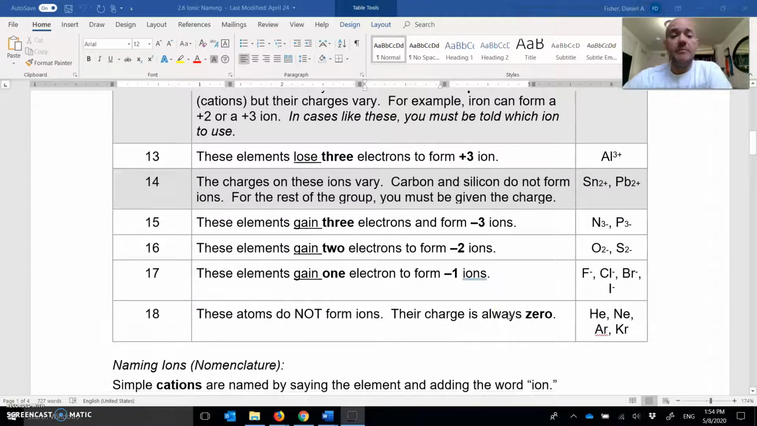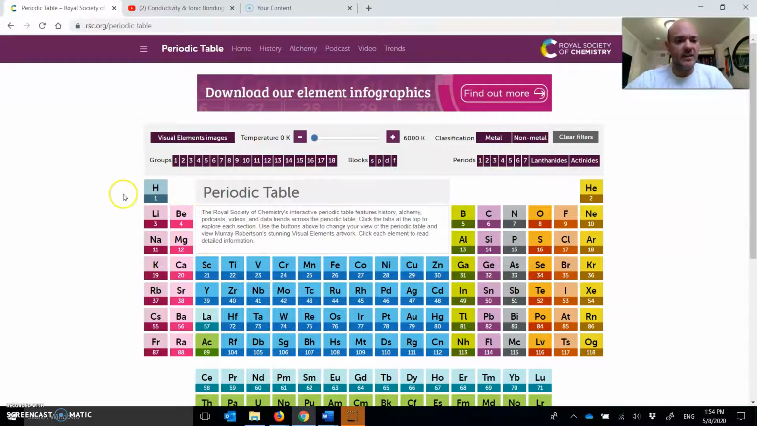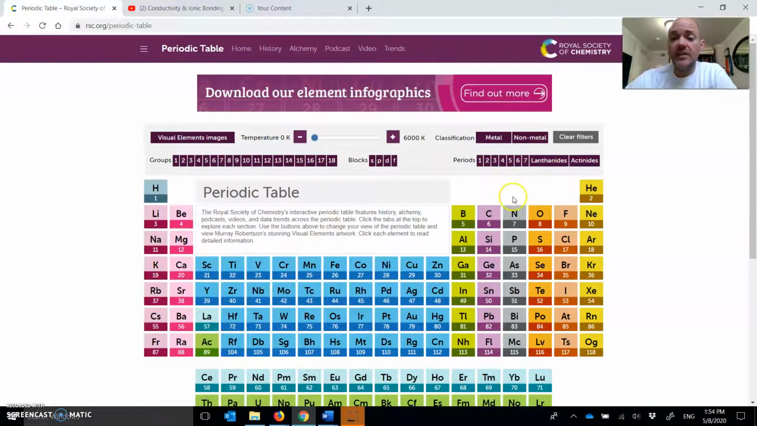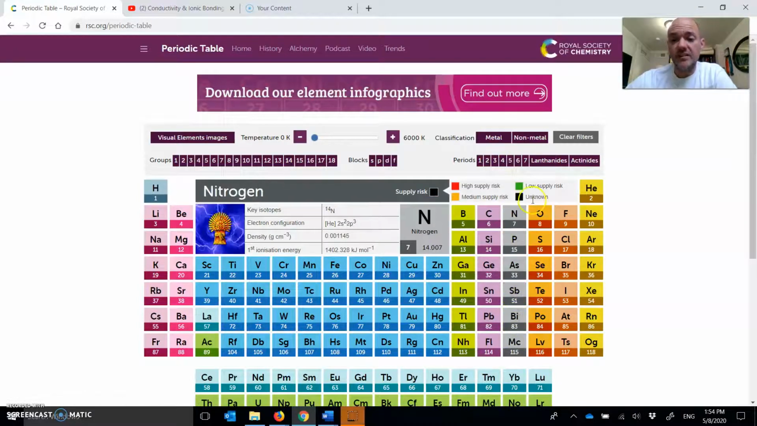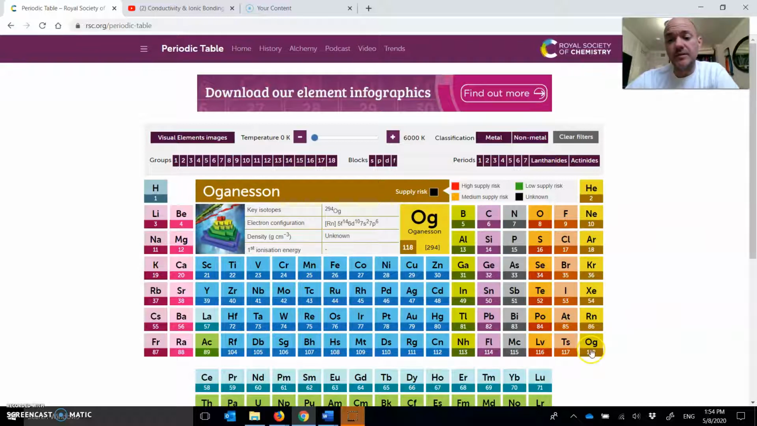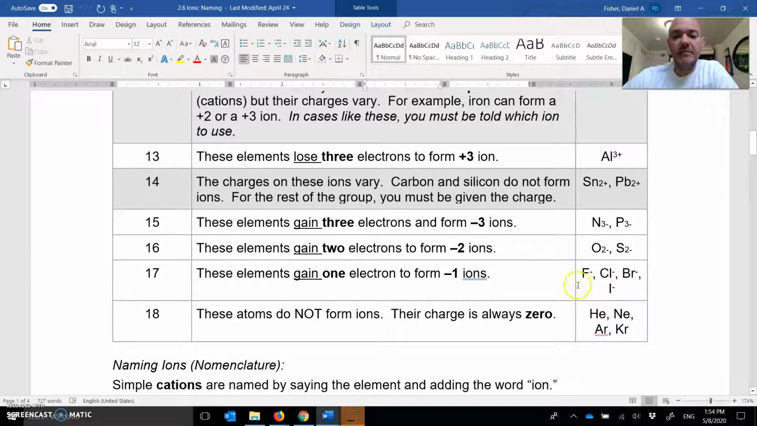So if you're ever looking at it, it's kind of like this, right? So you've got, these are +1, these are +2, these are +3. These we're not really going to deal with in ionic bonding. These are -3, these are -2, these are -1, and then finally these ones don't form ions because they've already got a full valence level, right? Okay. So, coming back here,